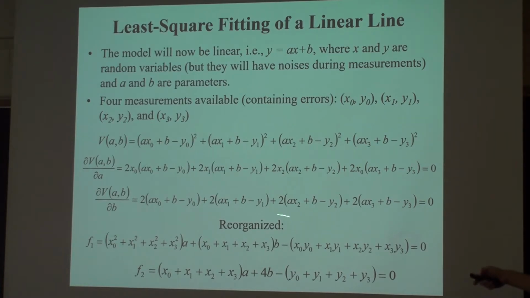But for sure, after this reorganization you will know if I have 1,000,000 points. You know how to extend this, right? Here it's only 4 points, so 4 terms. But if it's 1,000,000 points, you just keep on adding the terms. Since this is linear, it doesn't even matter if you had 4 points or 1,000,000. It has to be more than 2 points, but anything more than 2 should solve it because it's linear.